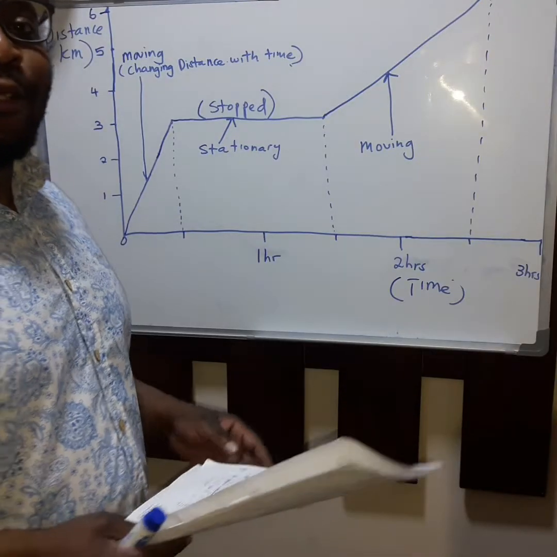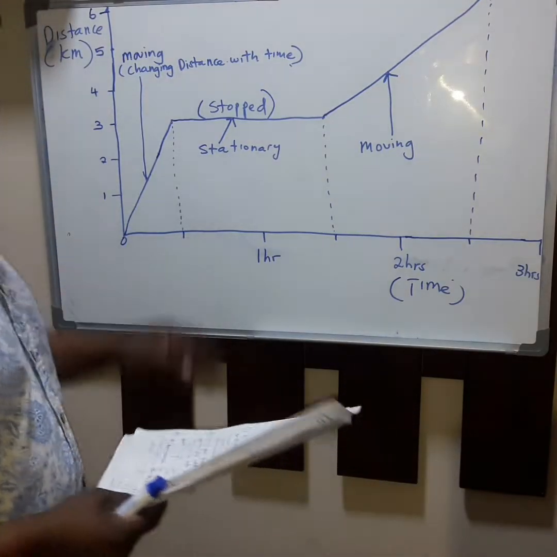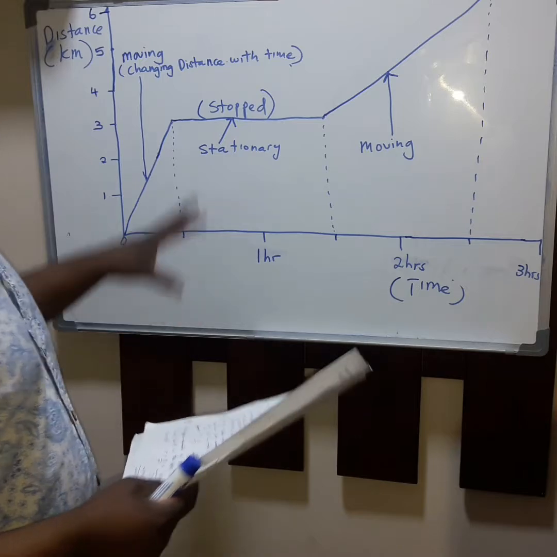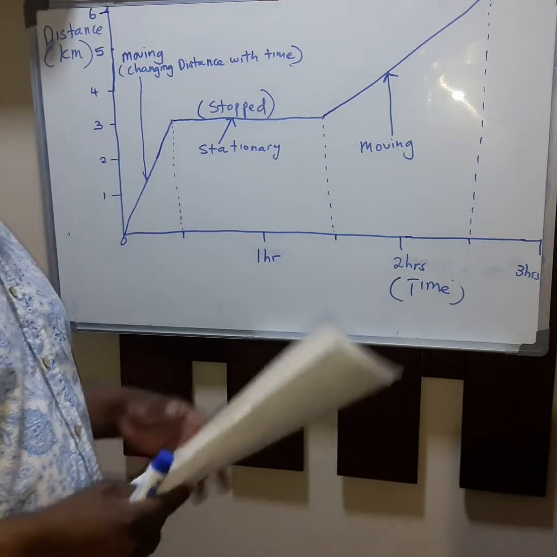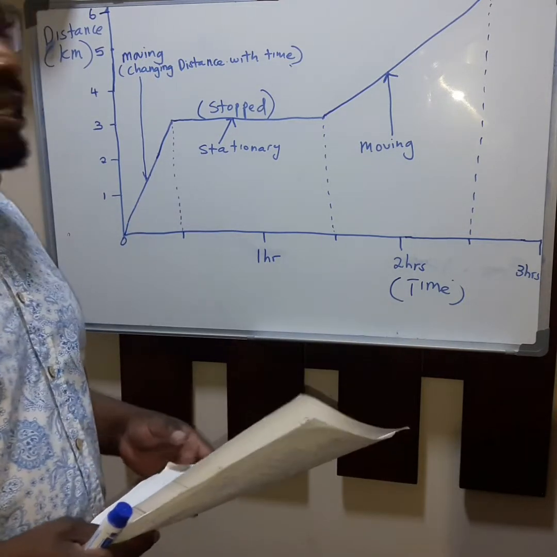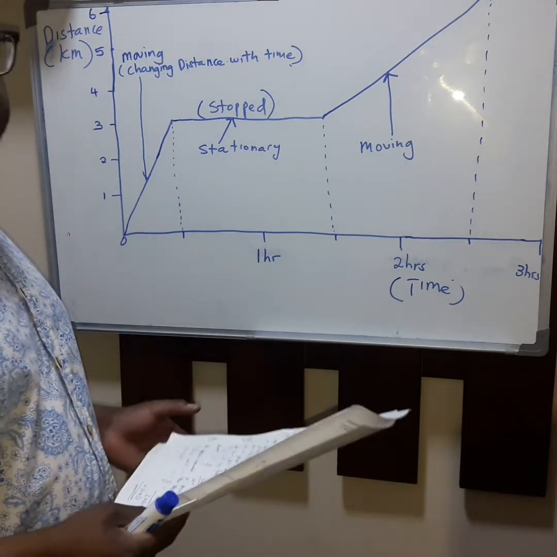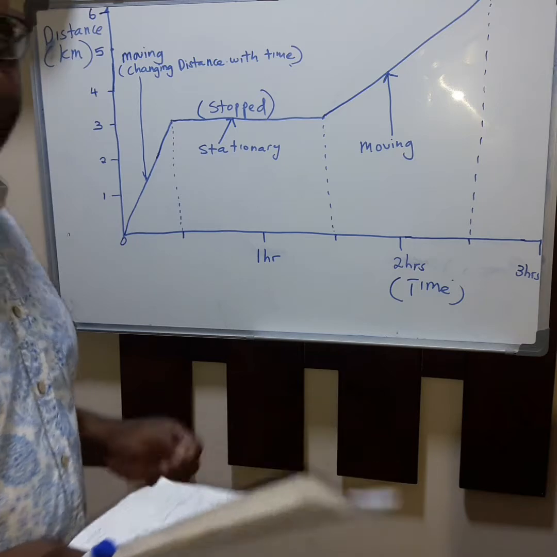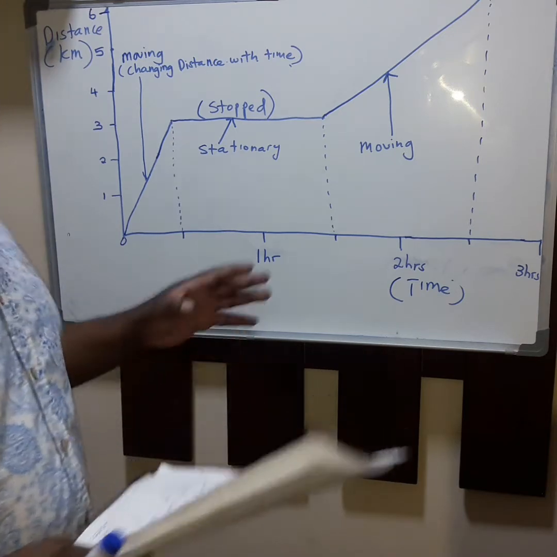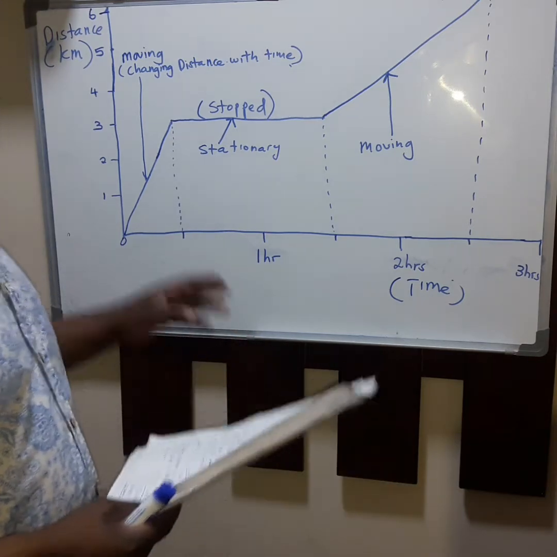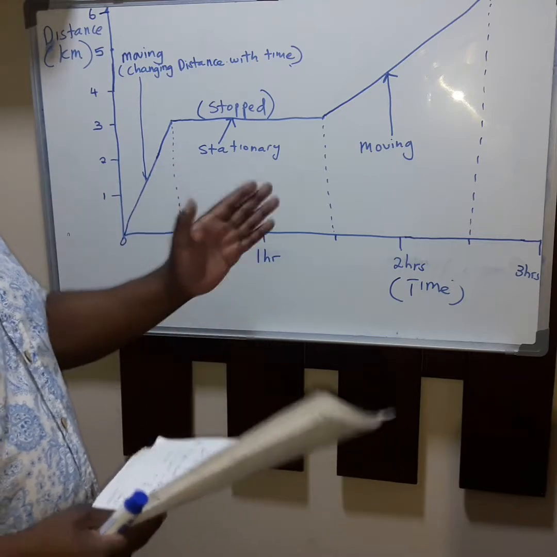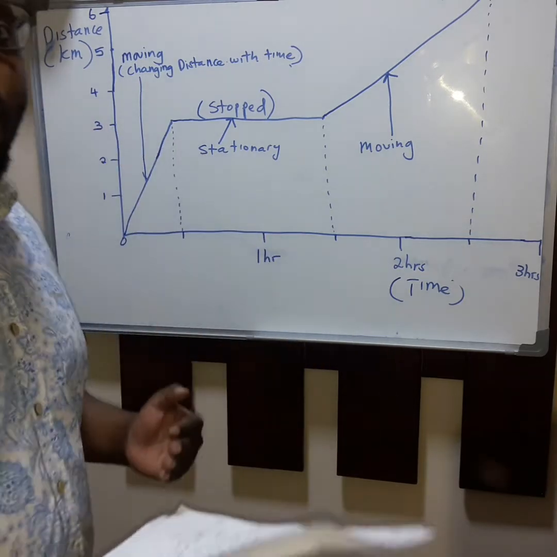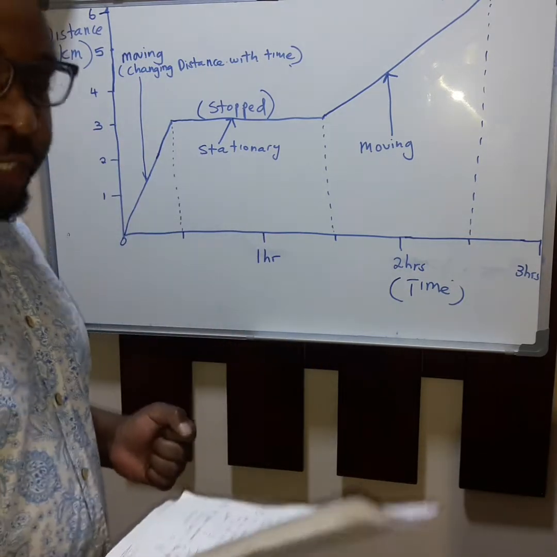Welcome back. So in front of me, I have got a graph. It is an illustration of motion. It can be any object. It can be a bicycle. It can be a car. So what we want to do is to describe the motion of this object. And this graph is in 3 parts. You need to understand each part so that you don't confuse yourself when you are doing some calculations.